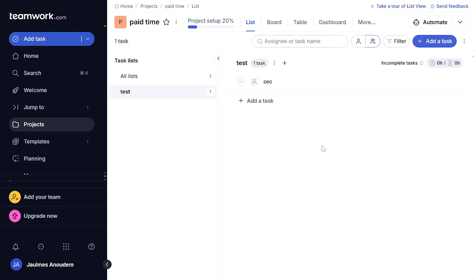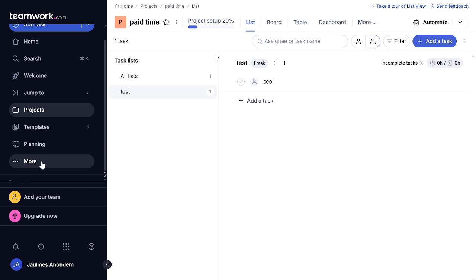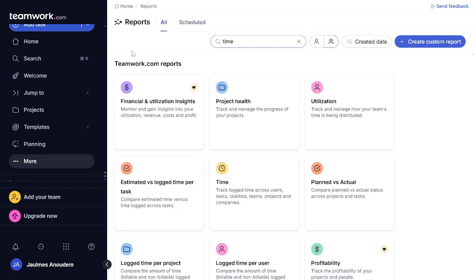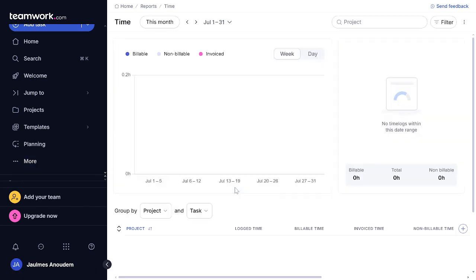Finally, we wrap things up by generating a report. Go to the Reports tab and select Time Report. Here, adjust the filters to display the time off for the desired period. Once the report is generated, you can export it for your records or share it with your team. This helps us because it provides a clear and concise record of all paid time off, making it easily accessible for future reference. And there you have it, a step-by-step guide on how to use teamwork.com for managing and tracking